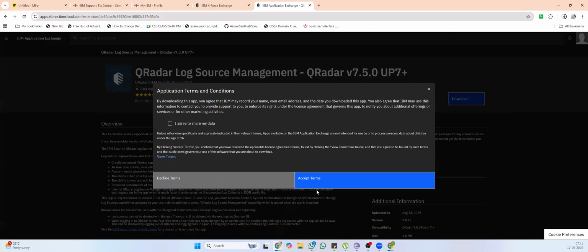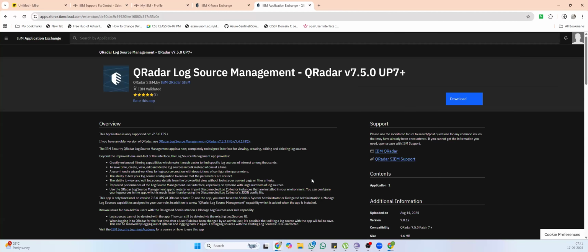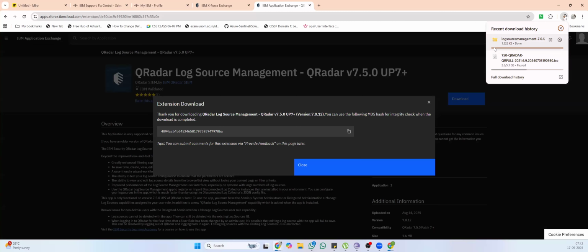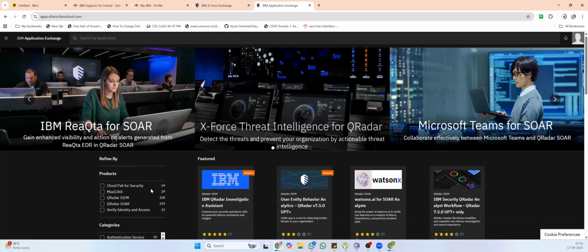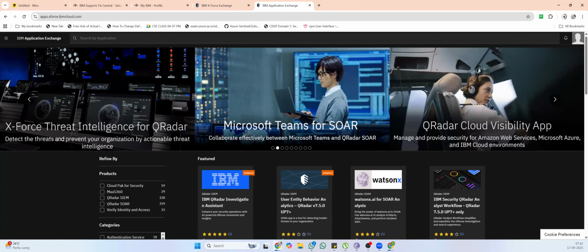See, when I click download, see acceptance, it's downloaded. It's done. It's done quickly because the applications are very small. So you can download any application once you have an agreement on any of your accounts, but it must be a business mail, right? So this is a way you can configure, you can download your